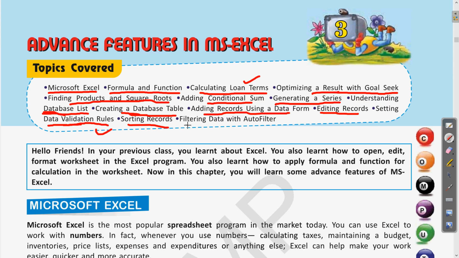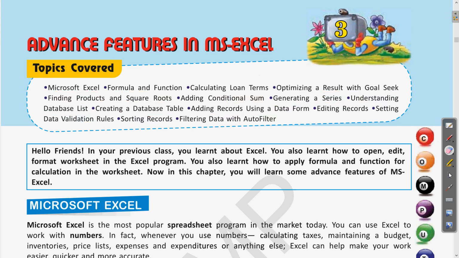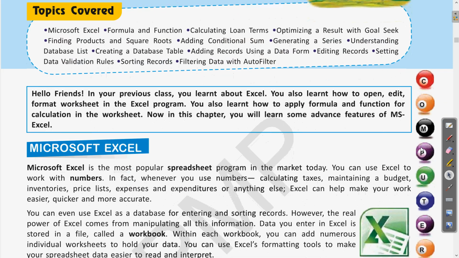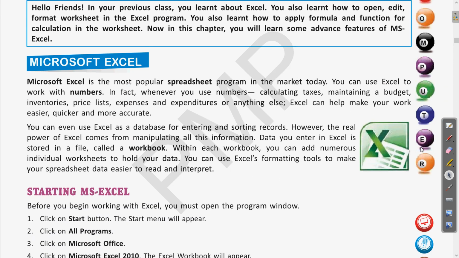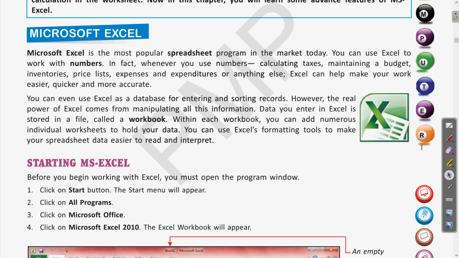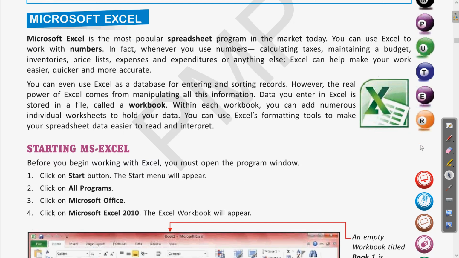Then filtering and auto filter options will be there. We will see all these things. So this chapter is going to be very important and interesting as well. Whatever topic we see, we will also do it practically so that you can easily understand the things. Okay, so let us come to the first topic, that is Microsoft Excel.